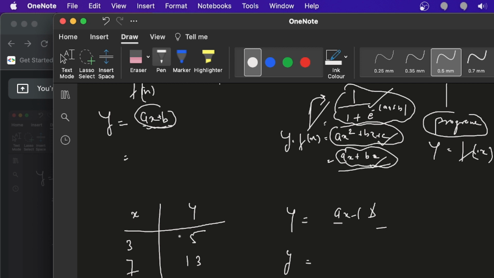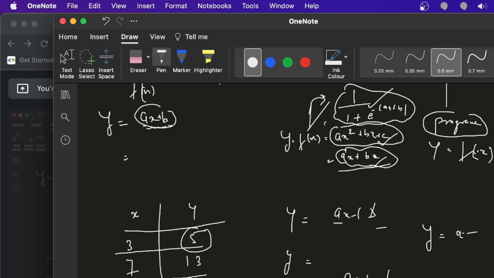So this function validates this value and this value. Suppose you put the value 5 here in ax plus b, where x is 3. So 5 is equal to 3a plus b. Here you see a is equal to 1 and b is equal to minus 1 will validate this equation. So in the end your equation looks like this: